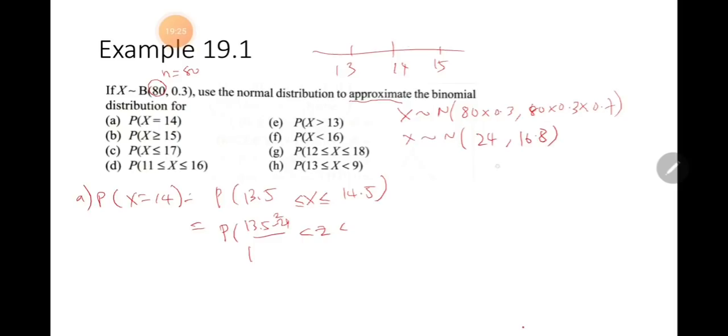This is actually the variance. So your standard deviation will be the square root of 16.8. The same thing on 14.5, you subtract the mean, which is 24, over the square root of 16.8. So you will be getting Z in between at this point, because you have converted to